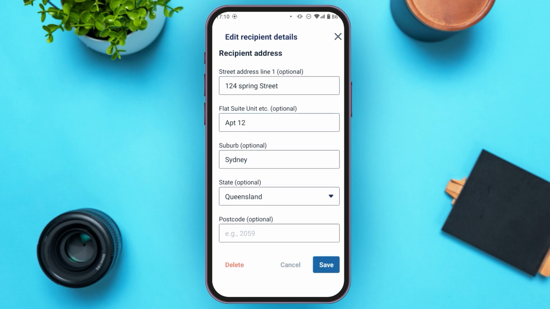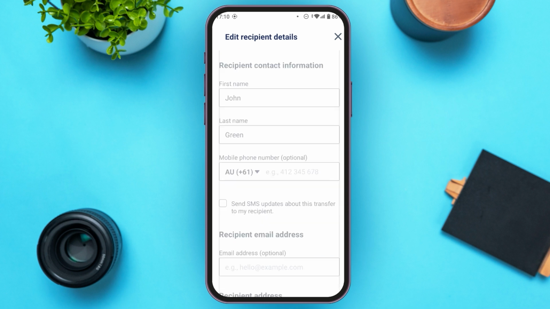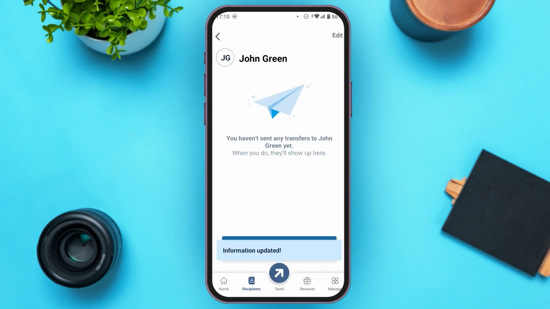Scroll down. You can also change the other details if you want. Now tap on the save option that you can see right over here. Wait for a while. Now you can see over here the receiver's name has been changed. So that is how you change receiver's name on